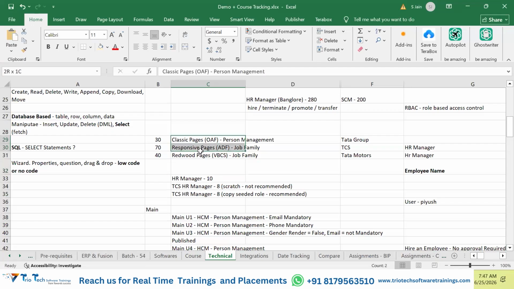So clear. What are the UI pages that are possible? In the current instance, we may be having classic pages also, responsive pages also. Even if we have certain pages in this client edition, they are not responsive. But if you go to some edition, because Oracle is not removing everything, Oracle is not saying that we are completely removing the old technology. Because if there is no issue, those pages are simple, smart, and capable to perform the task they are supposed to do. Why should Oracle need to reinvest and reinvent the thing? Oracle has not done like that.